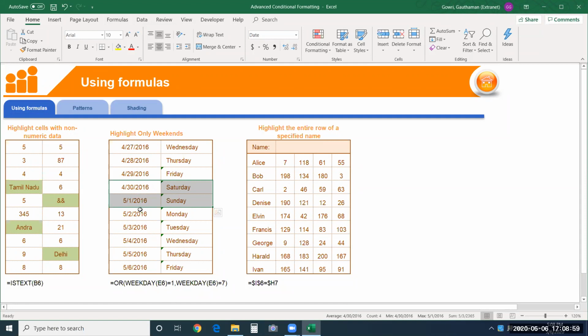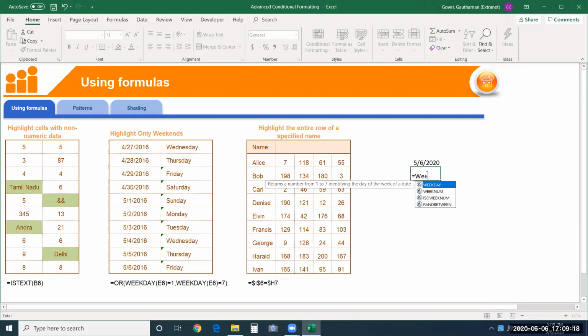So how to identify whether a given date is going to be Saturday or Sunday? See, let's take today's date. We don't know which day is today, correct? So in Excel, to find out, we'll use WEEKDAY.